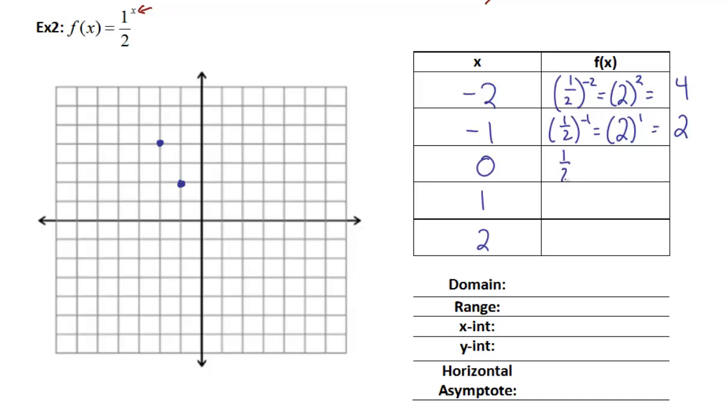Now 1/2 to the 0 power. 1/2 to the 0 is 1, so 0, 1 again. 1/2 to the first power is just going to be a half. So at 1 I'm at a half. And finally, 1/2 to the second power is 1/2 times 1/2, which is 1/4. If I connect those points,